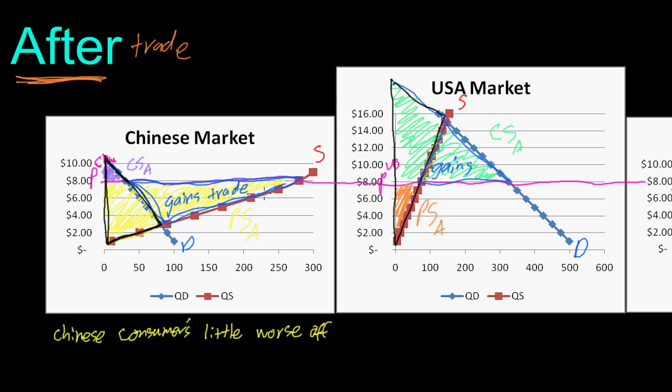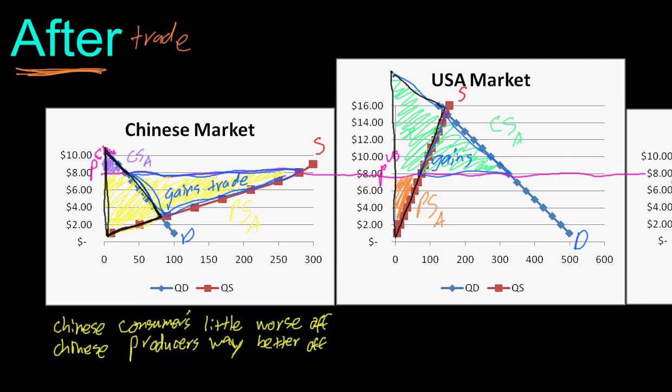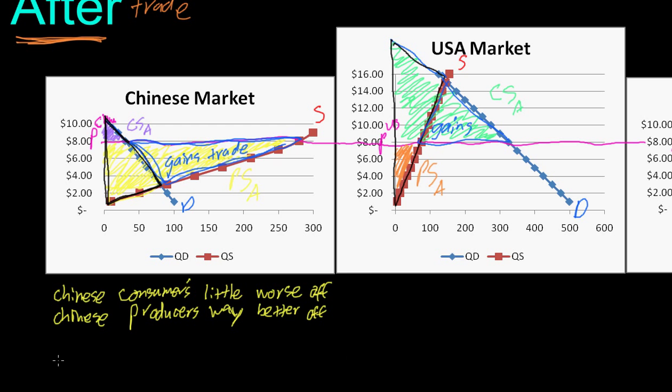So the other part of that is that the Chinese producers are way better off. Way better off. And we can see that by the difference between this huge yellow triangle, which is the producer surplus after for China, and this little teeny yellow triangle, which was the producer surplus before. So the big point here is that Chinese producers, and I'm going to change colors just for emphasis here, so Chinese producers